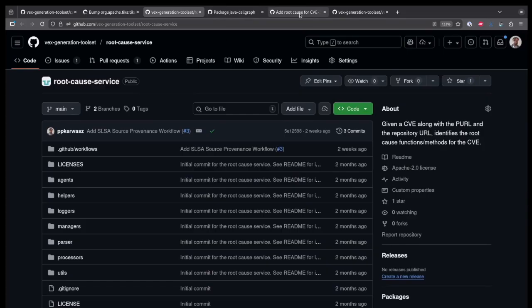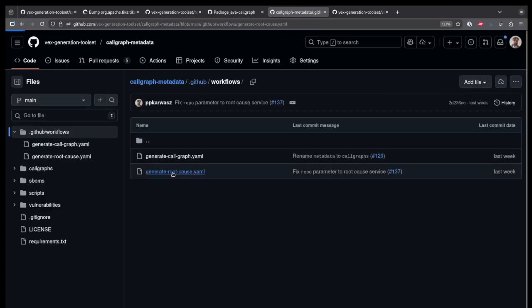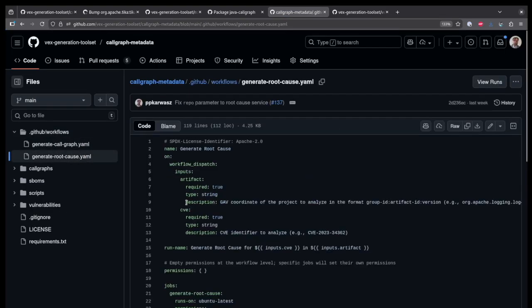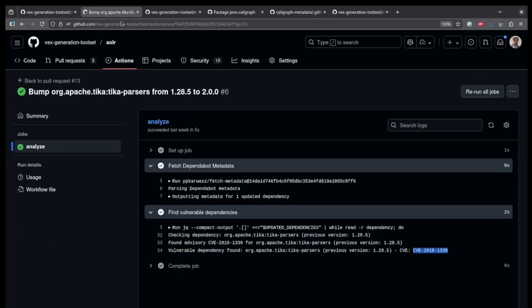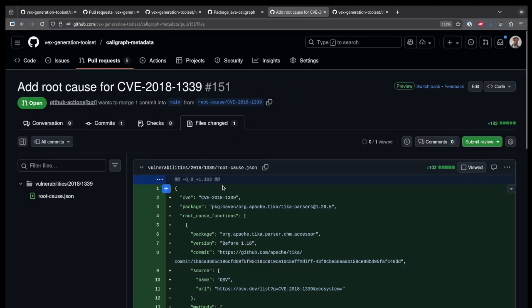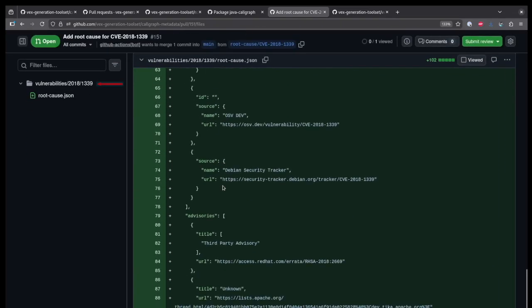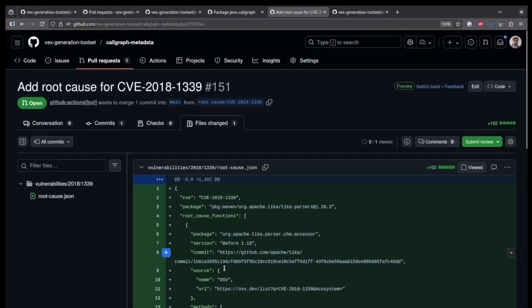The corresponding root cause analyses are triggered in the call graph metadata repository using a simple generate root cause workflow. The workflow takes two inputs, GAV coordinates of the artifact and a CVE number. Once the root cause data is generated, it is contributed back to the database as a pull request. It is stored inside the vulnerabilities folder under subdirectories named by year and by CVE number. The contents of the PR contain all the data of the CVE and additionally contains the function or method that